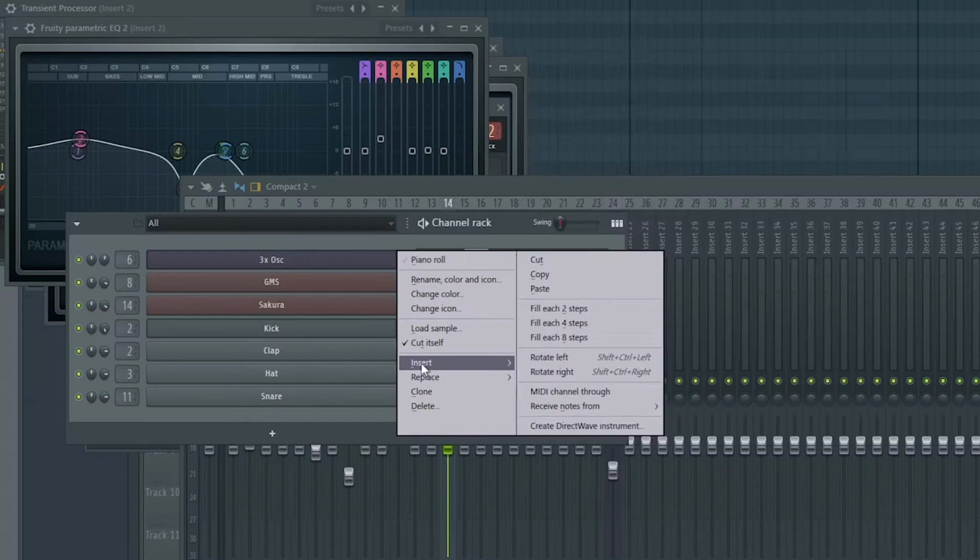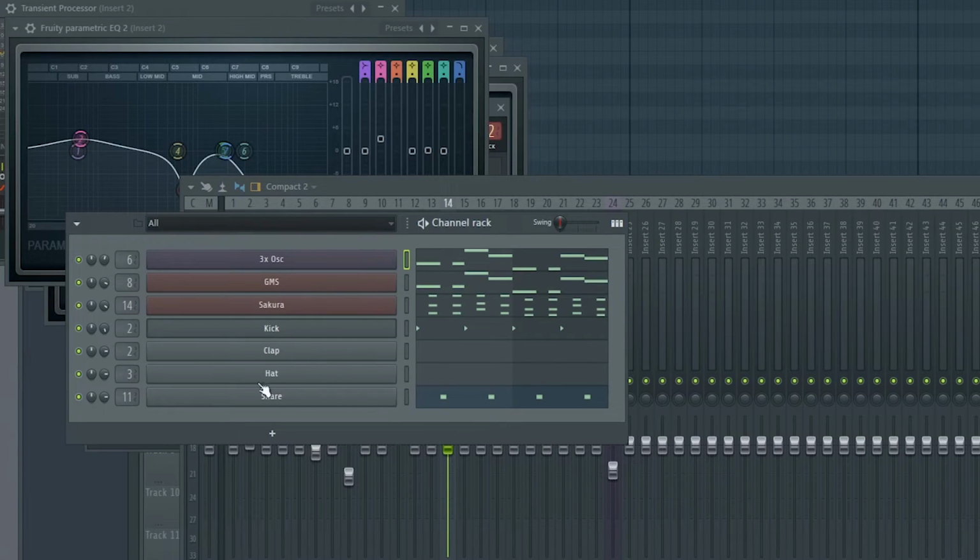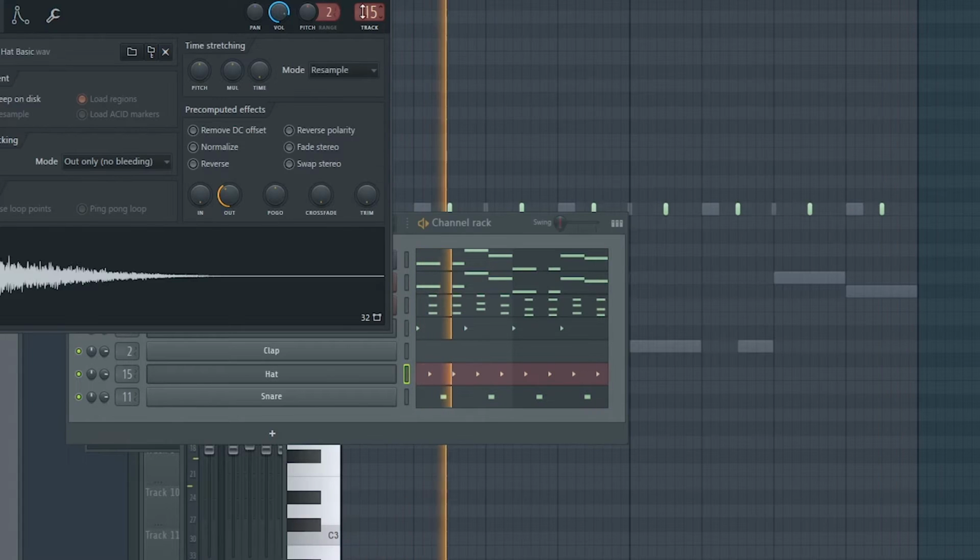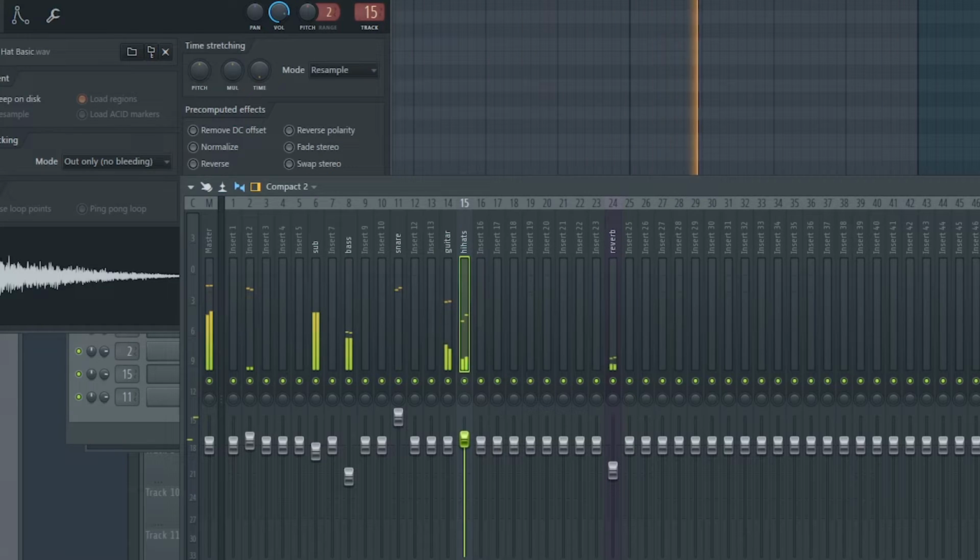Seems pretty nice. Let's add the hi-hats now. Compress the hi-hats a little bit, very important. Now let's add the nice